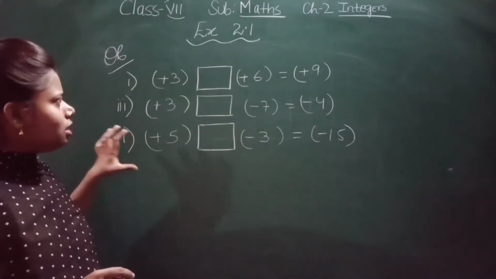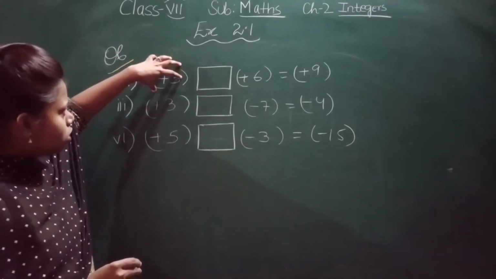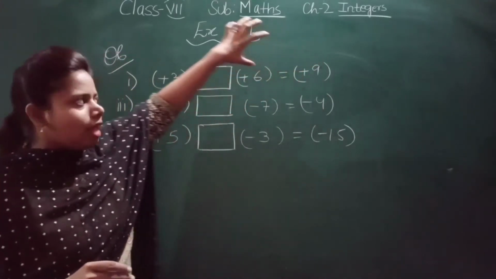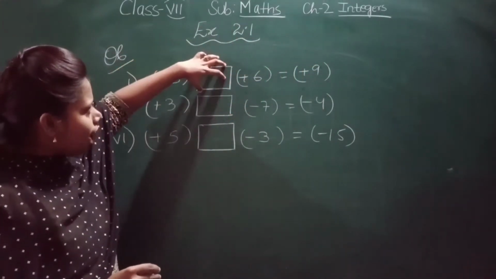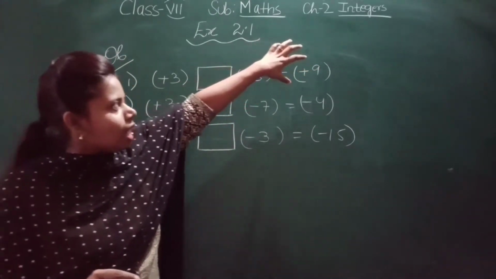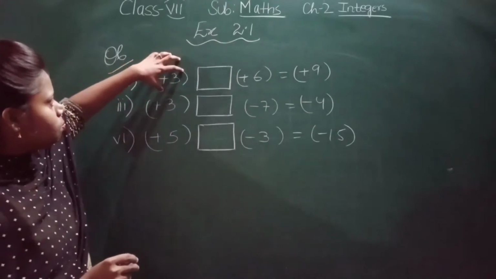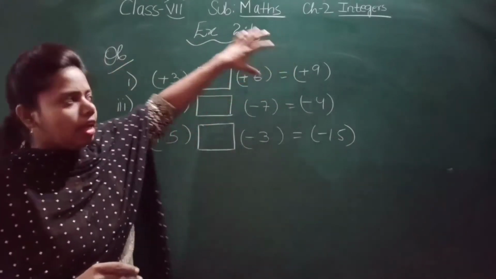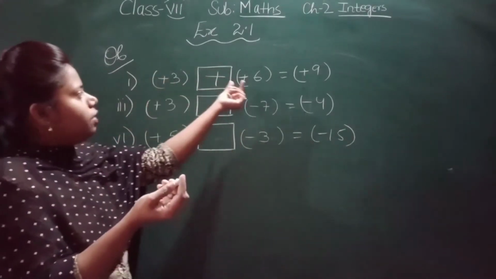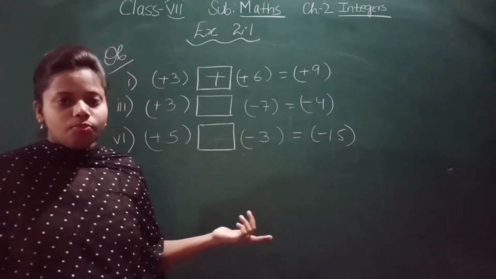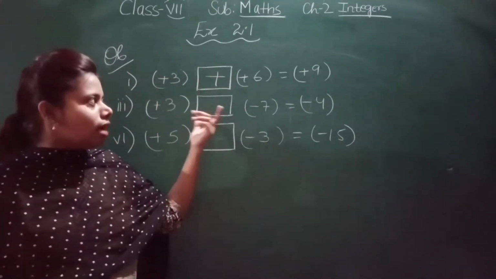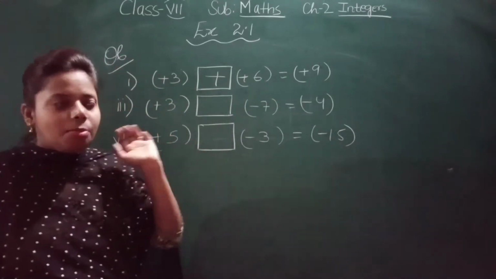Okay, so you can see that it is very easy. This one is also a positive integer, this is also a positive integer, this is also a positive integer. That means this plus 3 was added to this plus 6. That is why we got plus 9 now. Because our answer is also plus, this is also positive, positive, positive, positive. That means we have to put the plus sign. Plus 3 when added to plus 6, how much will we get? Plus 9. 3 plus 6 is how much? Is 9. So it's very easy to put the sign also. That means this statement we have made true by putting the sign.